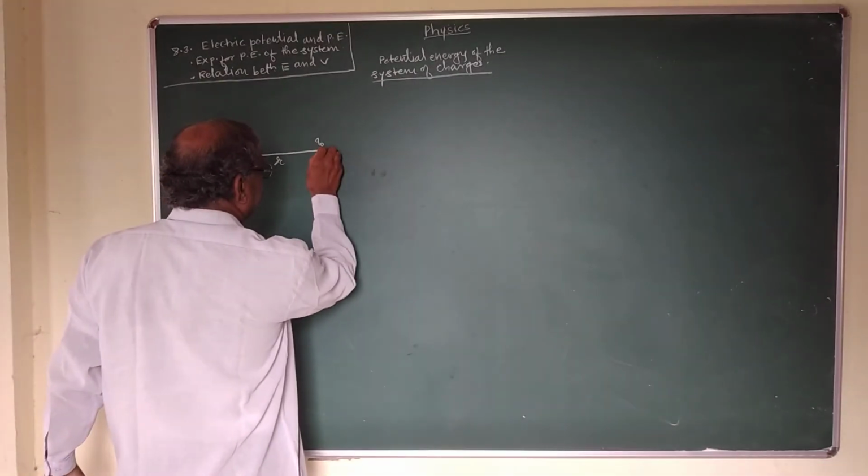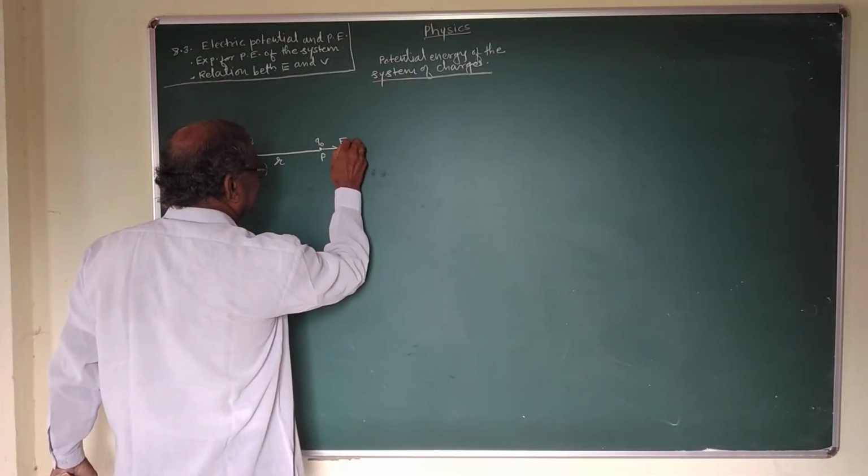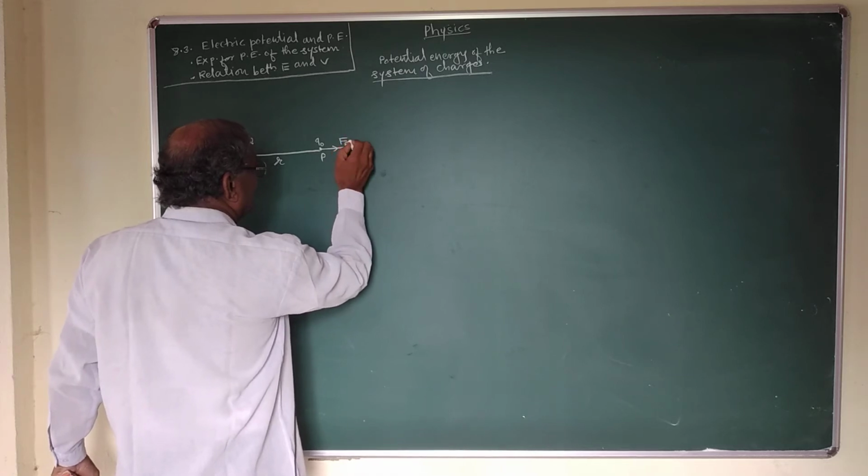According to Coulomb, this positively charged Q at point O repels this Q0 charge at point P with some force, so the Q0 charge at point P experiences a force of repulsion. F is the force